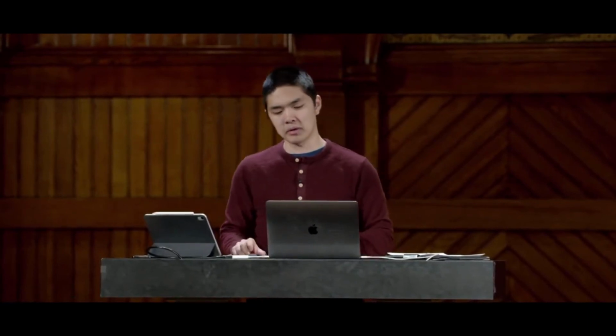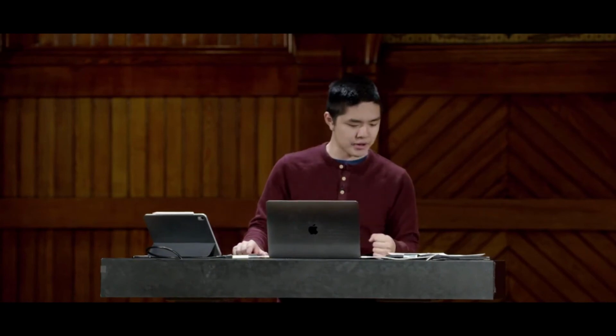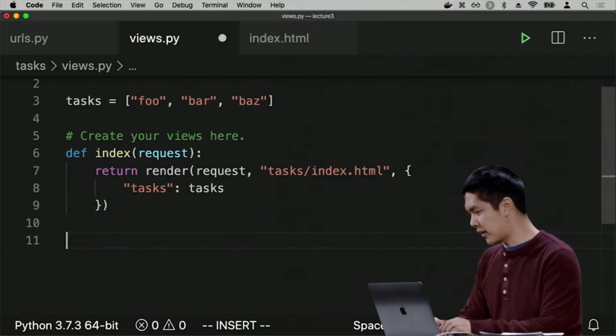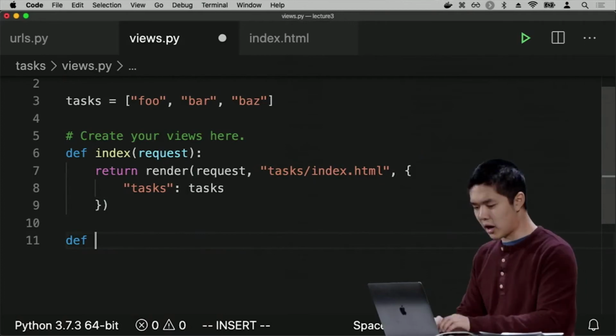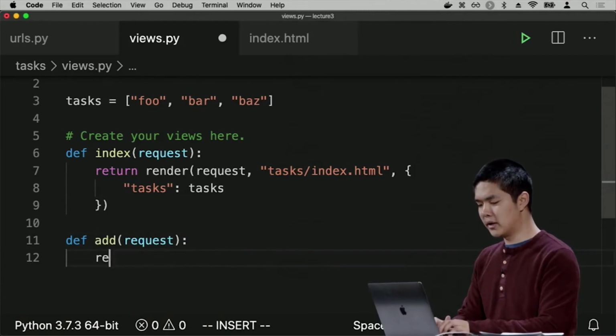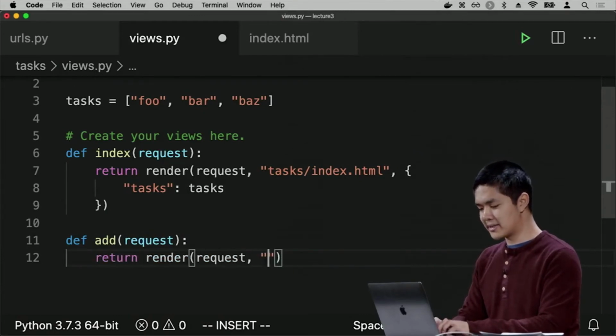Of course, there's still no way to modify any of these tasks. What we have here is just a fixed list of tasks that just so happens to be rendering using a loop. What I'd maybe like is another page that will allow me to add in new tasks, a form, effectively, that lets me type in a new task and press add in order to add a new task. So let's do that. Inside of views.py, I'll define a new function that I'm going to call add. And what the add function is going to do is render